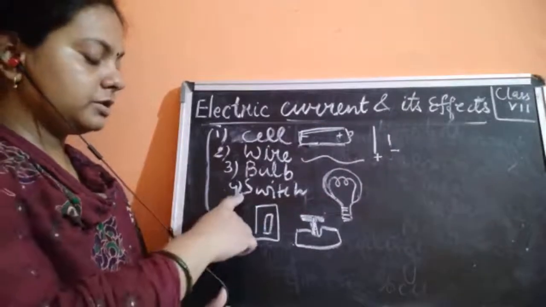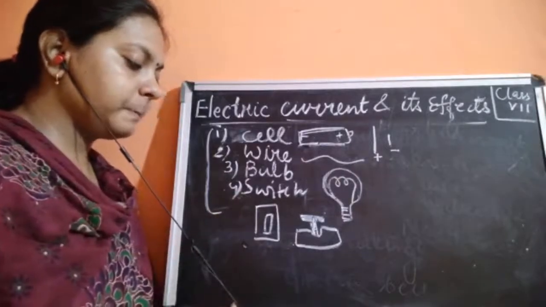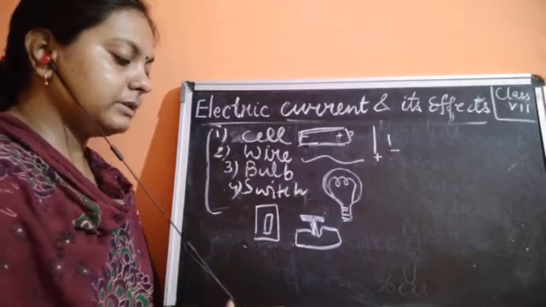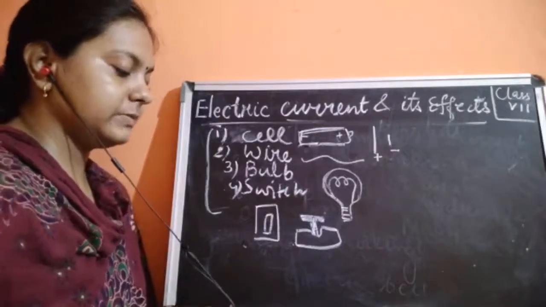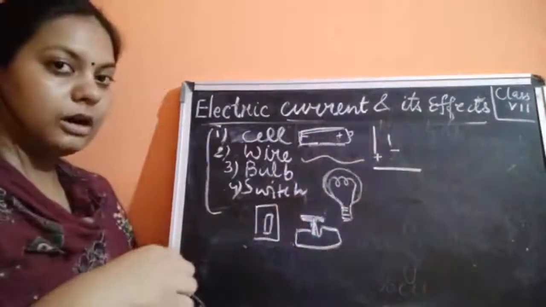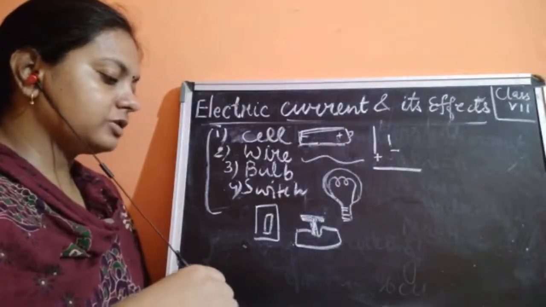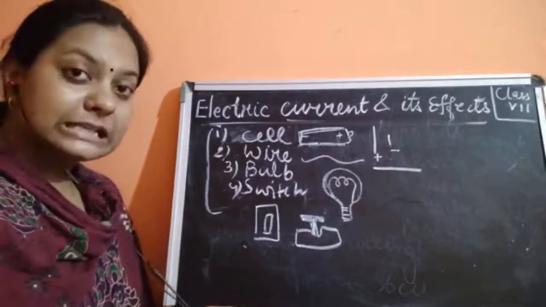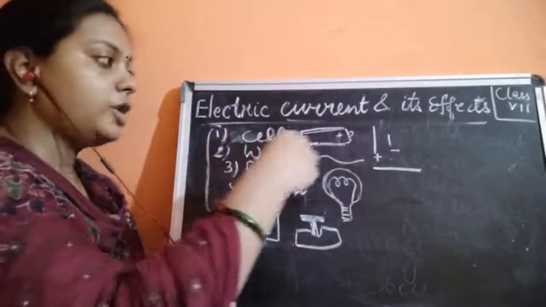For a switch, when it is in the on position and the off position, it is represented by the symbols shown here. The wires used to connect the various components in the circuit are represented just by a line. So for a wire we can just draw a straight line. Next is the battery, and its symbol is also shown.